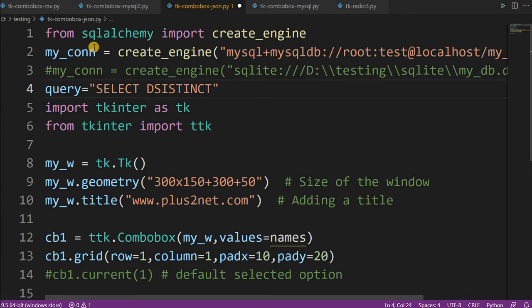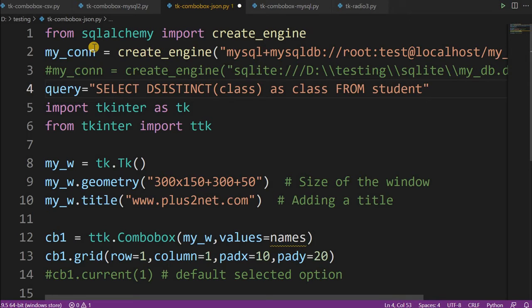Distinct classes means it will pick up unique class names. Suppose class 4 has 5 students, so class 4 will be repeated 5 times, but it will pick up only one from the class column. Class is our column where multiple data are there, so it will pick up unique ones only. So let's call it class from student. Student is my table name.